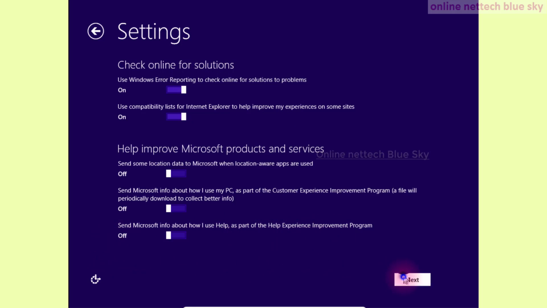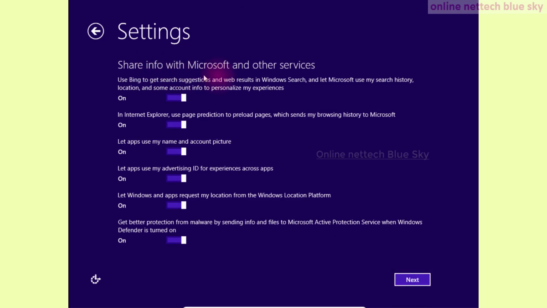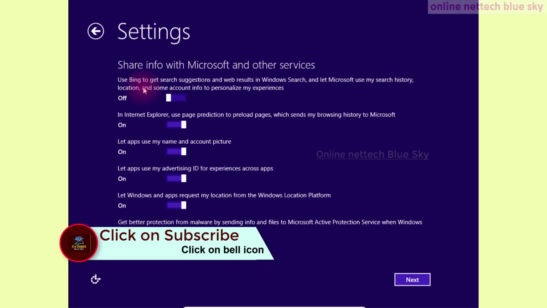Share information with Microsoft and other services. You want to share something, but I am not sharing anything. This is Bing. Bing is a Google type of search engine created by the Microsoft company. Microsoft created a search engine like Google and named it Bing. Bing is created by Microsoft and always shows in the Microsoft Internet Explorer browser only.